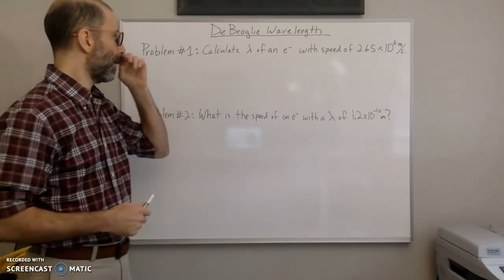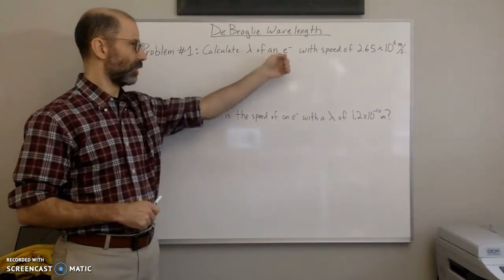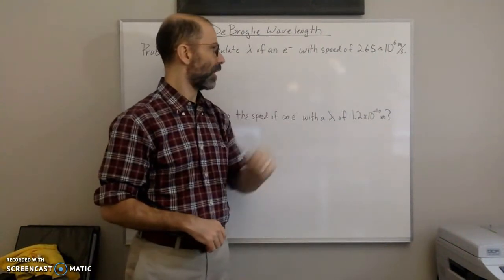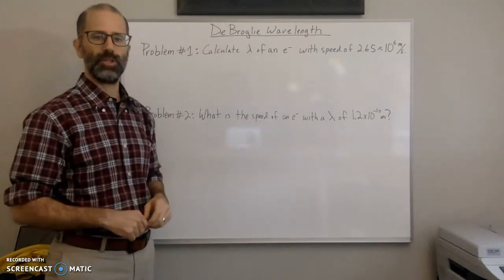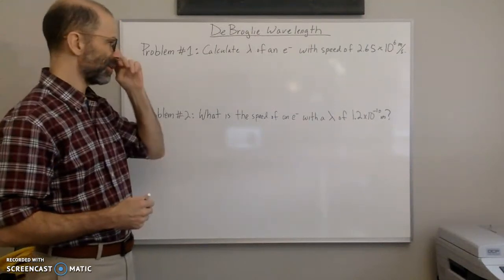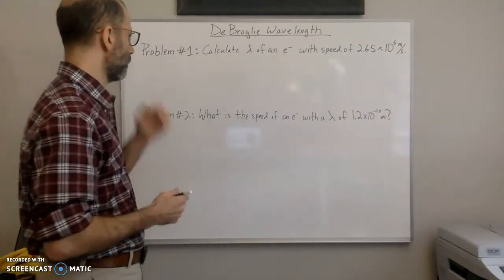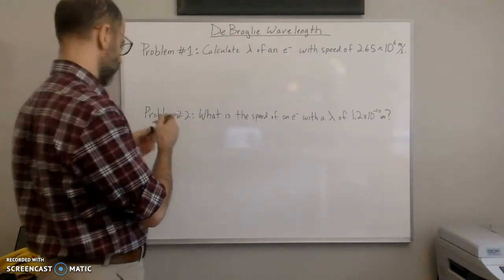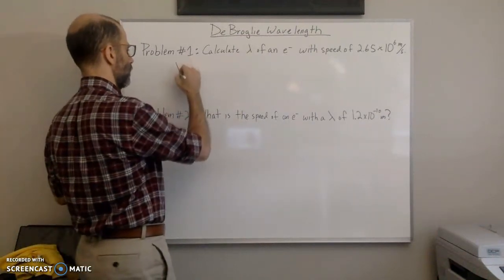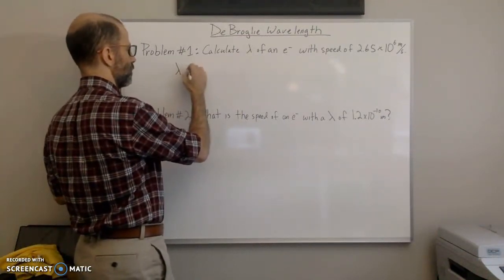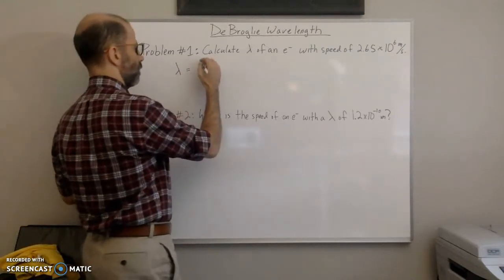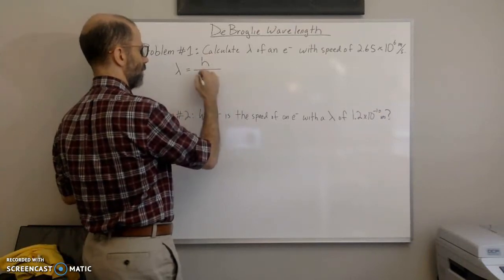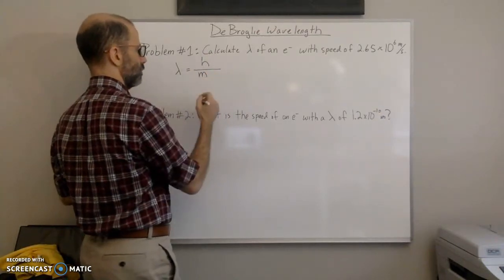So in the first problem, it's asking us to calculate the wavelength of an electron that has a certain speed. In this case, the speed is 2.65 times 10 to the 6 meters per second. So we're going to have to use the de Broglie equation. And again, the de Broglie equation is the wavelength, lambda, equal to Planck's constant over the mass times